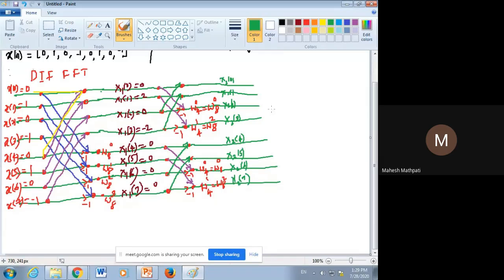So, who will tell me the answer of this? x2 of 0 is 0, sir. It is 0, madam. x1 of 0 plus x1 of 2. So here directly 0, x1 of 0 plus x1 of 2, 0 plus 0, the value goes 0 again. Okay. Then x2 of 1,